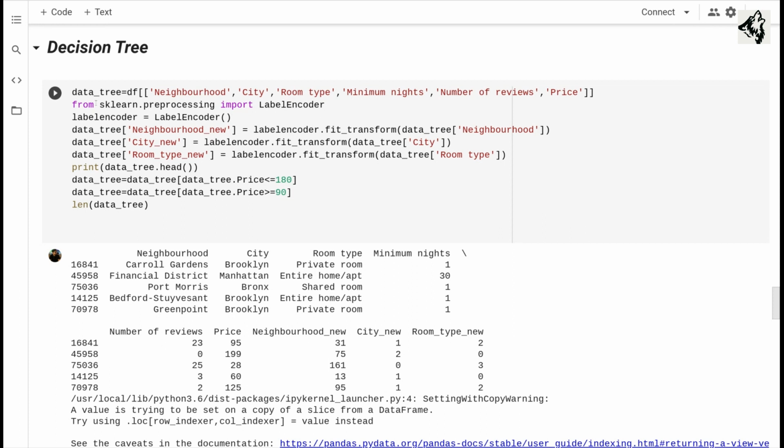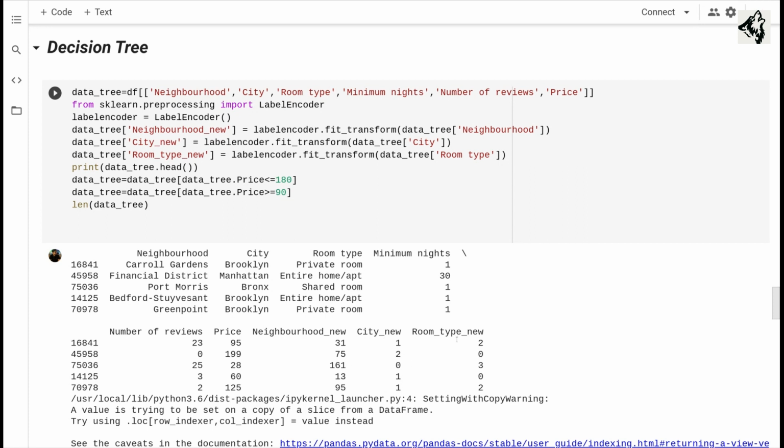When we are dealing with categorical data, it is important to transform it to numerical values. Here you can see that we are converting the columns containing categorical data to numerical form. Therefore, you can see the new columns that have been created.